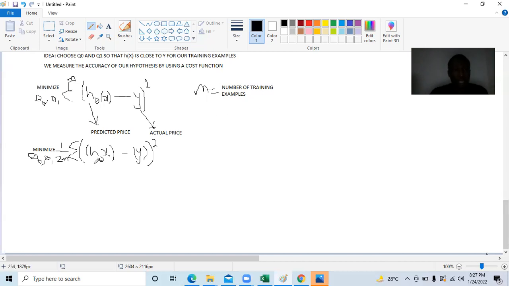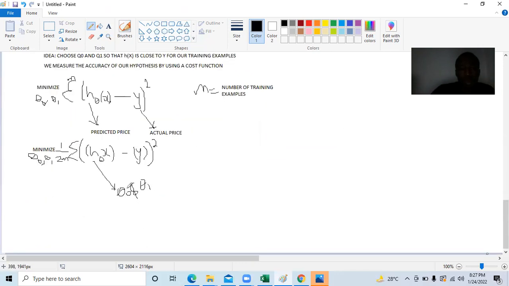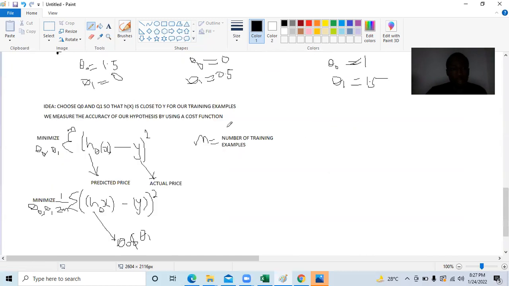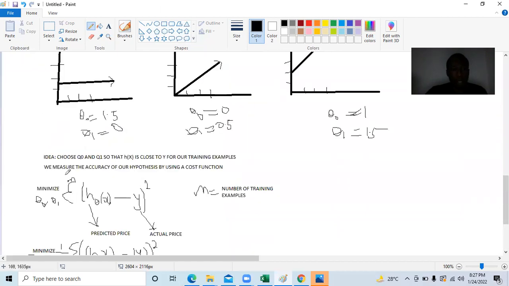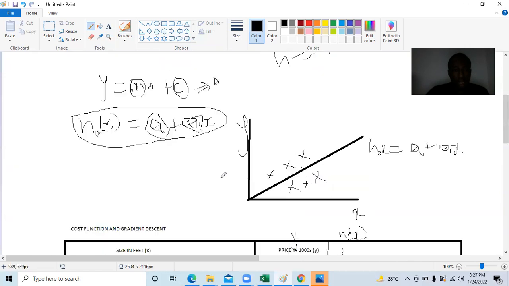So what this means is that we want to find the smallest value of theta 0 and theta 1 that makes the predicted variable very close to the actual variable. We want to find the values of theta 0 and theta 1 that give us the most accurate model. That's just basically what cost function allows us to do. Remember, we say that we measure the accuracy of our hypothesis by using a cost function. And we also said that